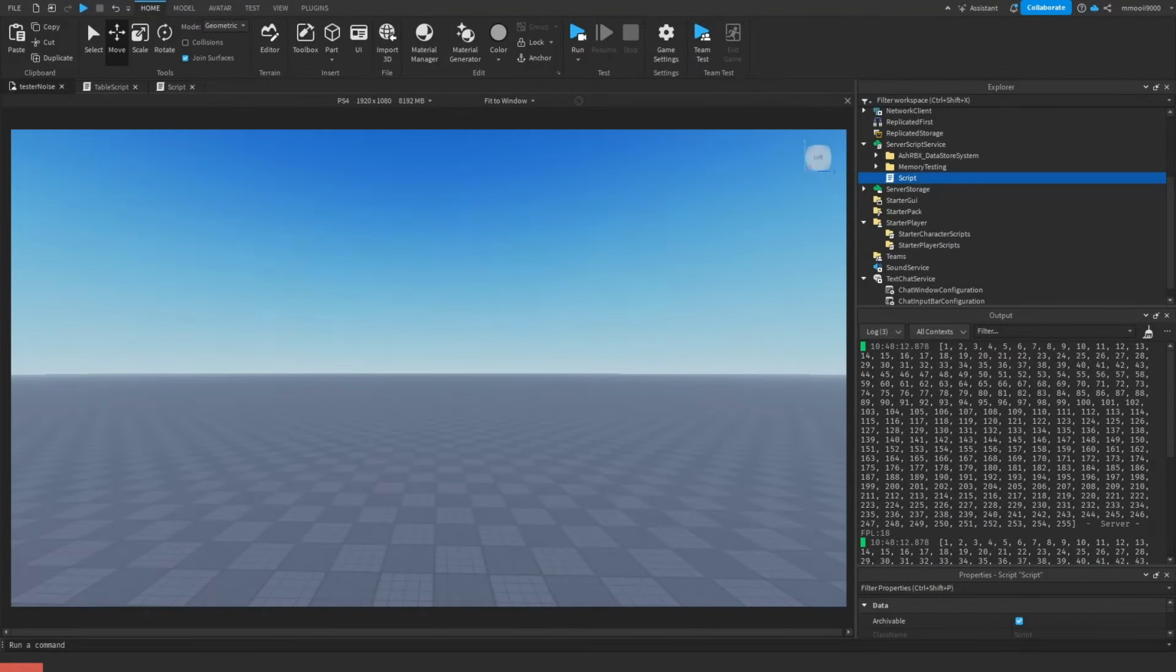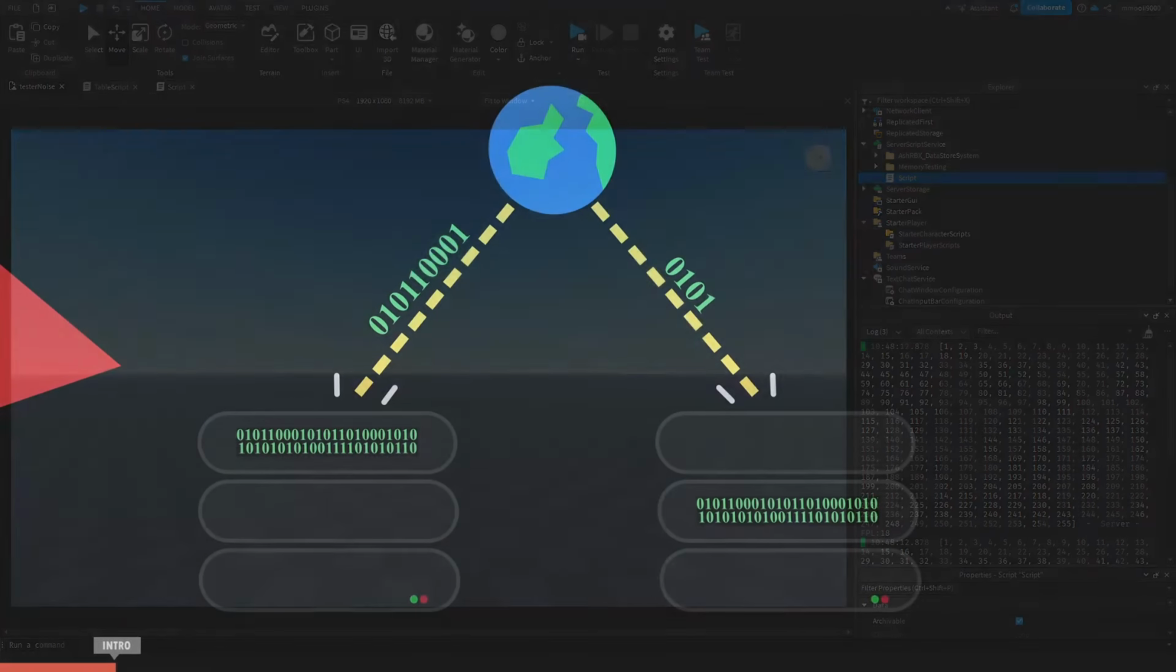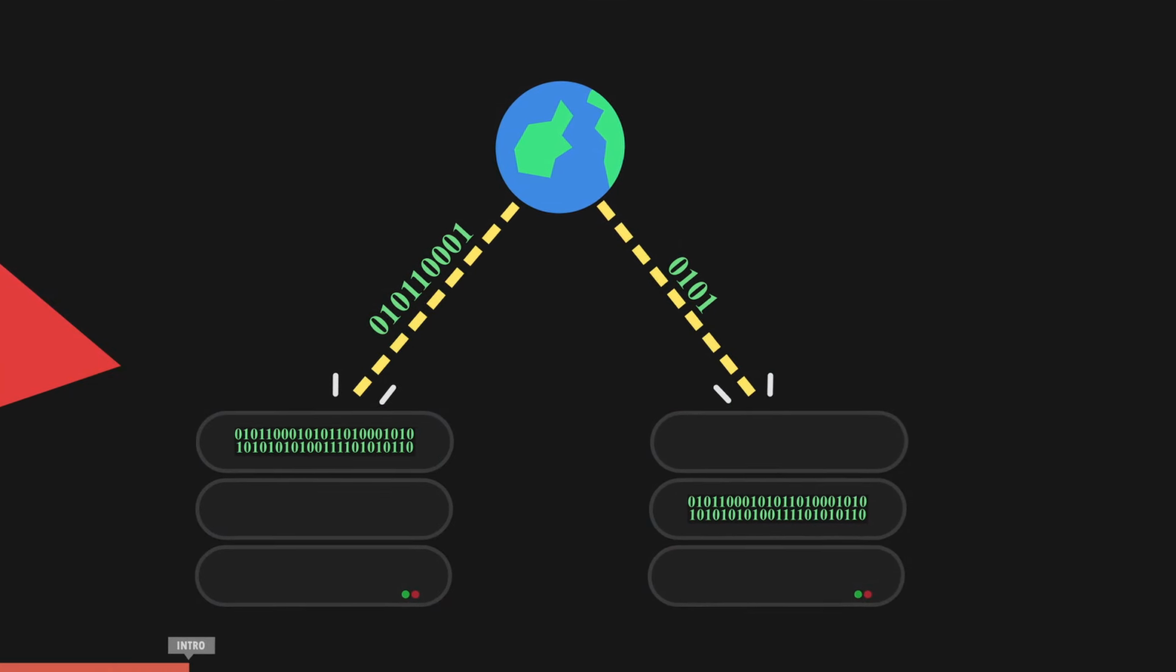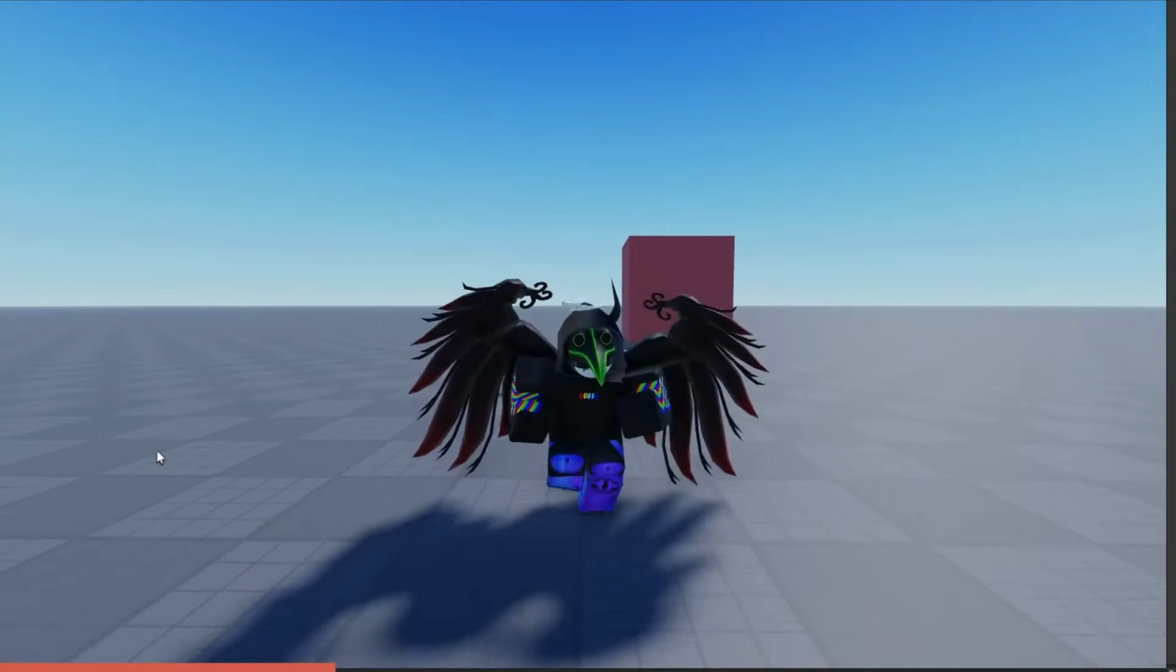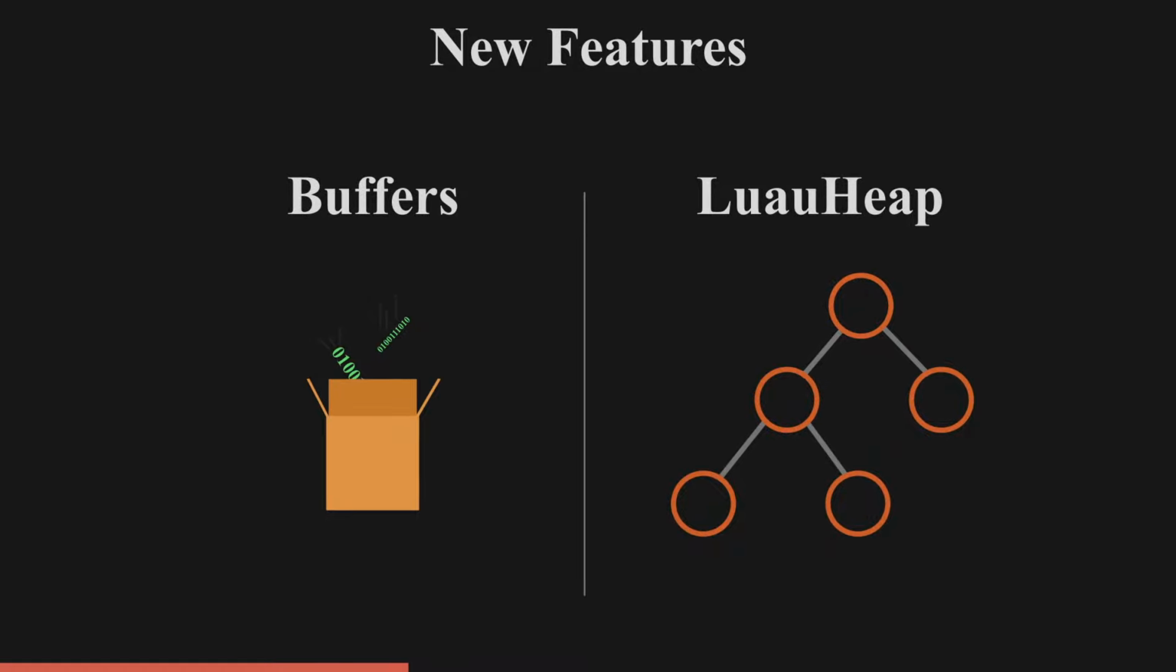Everyone, my name is Ash, and in today's Roblox Studio tutorial, I'm going to be teaching you a new and improved method for saving player data. Now, I have made a previous version of this on my channel, but I wanted to make a new and improved version. Since then, Roblox has added some new data structures that I'm going to be using in this video,